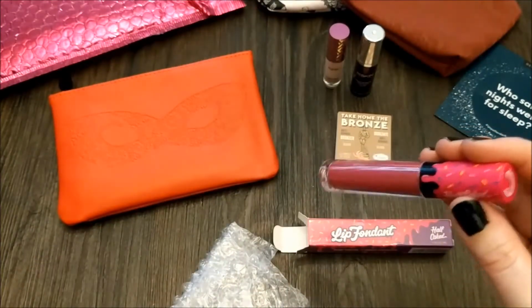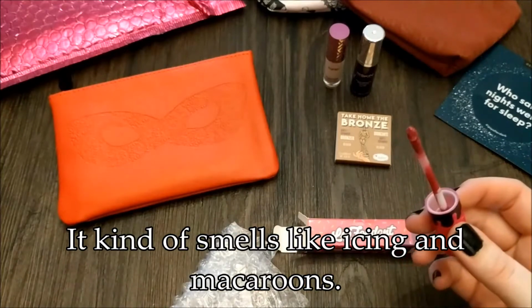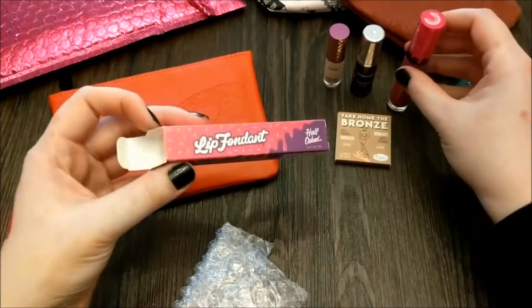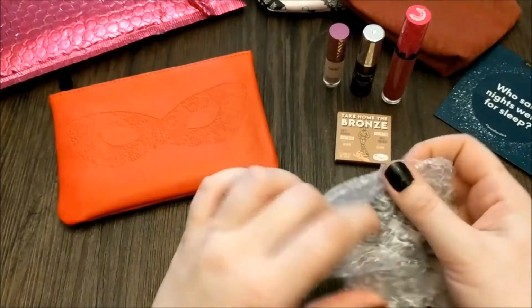I can't tell if it has a scent to it. My lotion is too strong. But yeah, that's a good one. I'm just gonna leave that out of the box. There we go. Okay, this guy